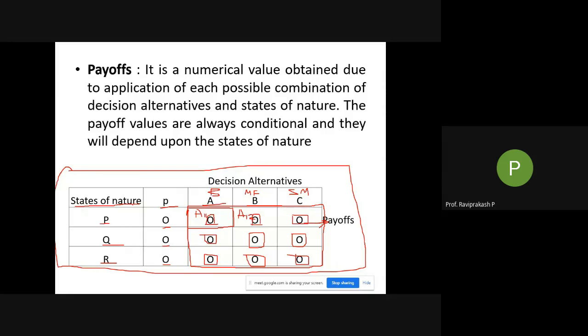States of nature could be anything, like it could be in terms of year 1, year 2 and year 3. Based on these particular years, if I am putting money in the bank, I get a certain amount back. So this is the payoff. For the second one, if I am putting in mutual funds, at the first year P1, what would be the returns that I would generate? So this is the second one, and the third one and so on. These are the different payoffs. So a payoff is always conditional, which depends on the decision alternatives and the states of nature.